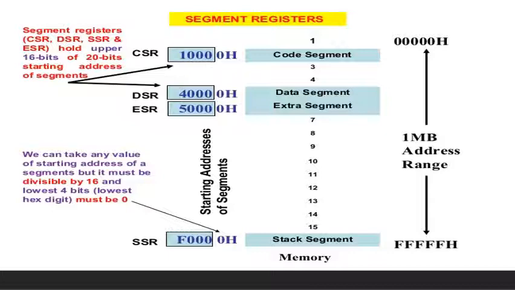The 4 segments are the code segment, data segment, extra segment and stack segment. A segment is a 64 kilobyte block of memory. The 16-bit content of the segment register in the bus interface unit actually points to the starting location of a particular segment. The advantage of the segmented memory scheme is that it allows the memory capacity to be 1 MB, although the actual addresses to be handled are of 16-bit size.